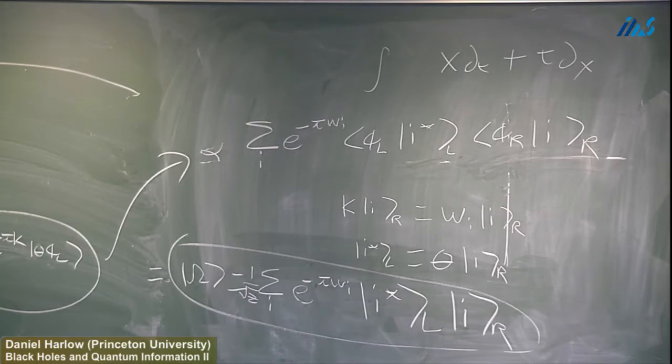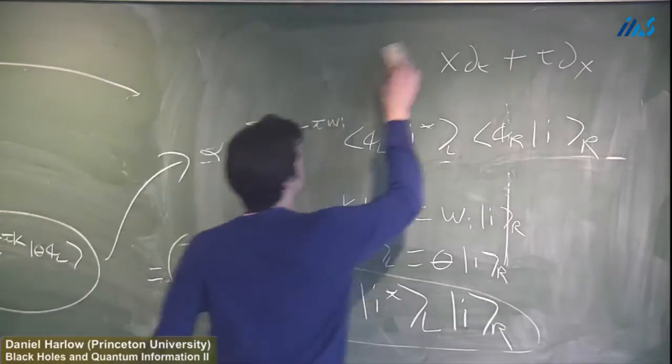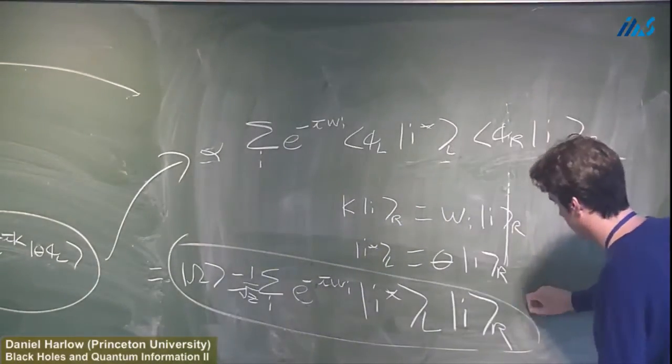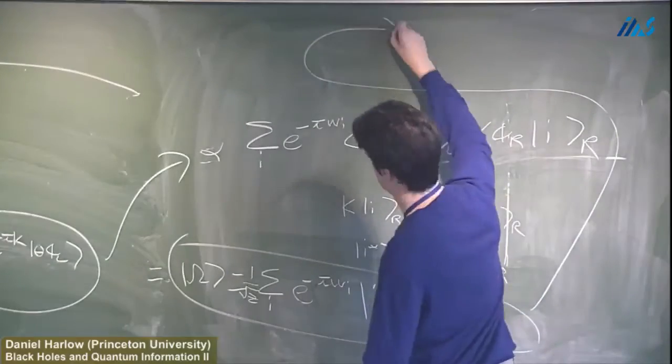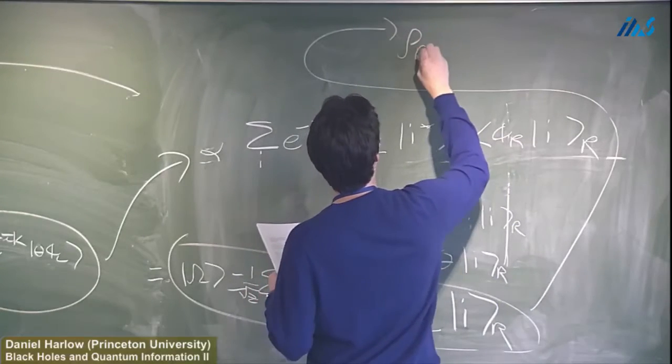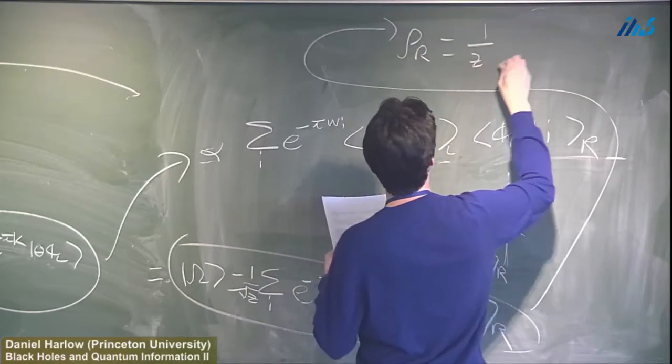So now what we want to do. There's an interesting observation to make here, which is that here I computed the pure state of the two wedges separately. But you can also, of course, compute the density matrix just for one wedge or the other. So maybe I'll write that here. Now that I have this, it's a moment's effort to trace out, say, the left side and just get the right side. And what you find is that the density matrix is 1 over z